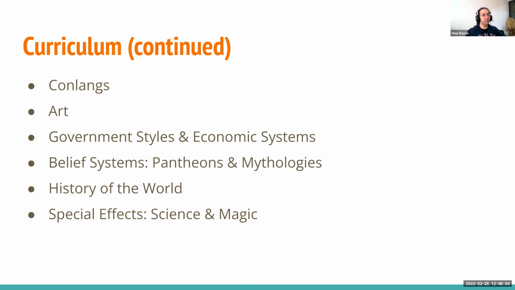But for example, recently with Game of Thrones, we were introduced to a number of conlangs as well. And Tolkien, of course, is the master and the most famous conlanger, but he's not the first one, as we will see. There are others coming before him, almost 200 years before him. There were conlangs being created all over the world. And then we will go into art. And although it's a very subjective subject,